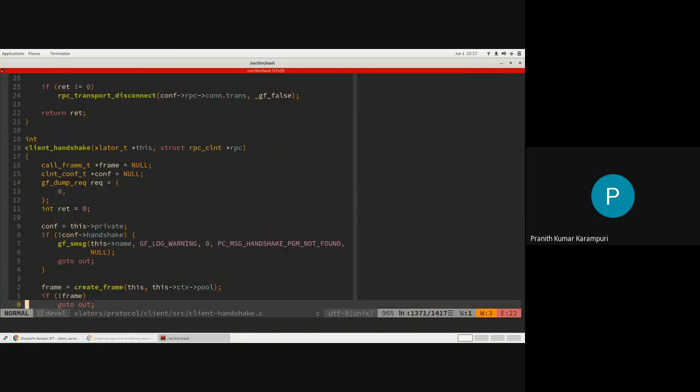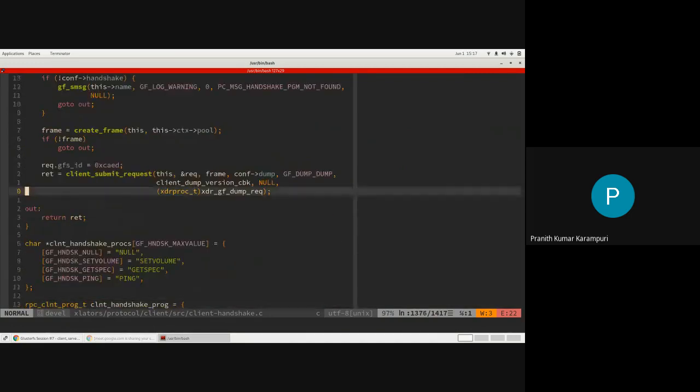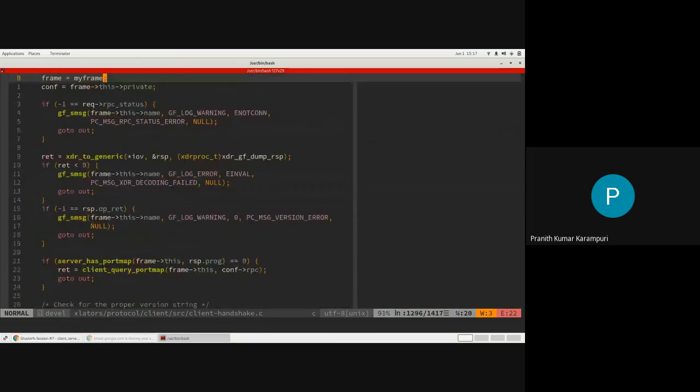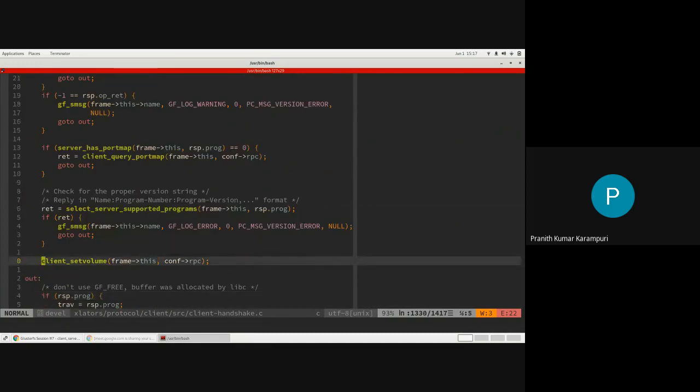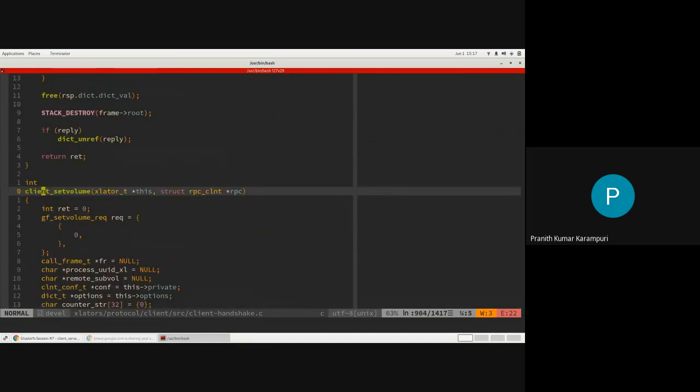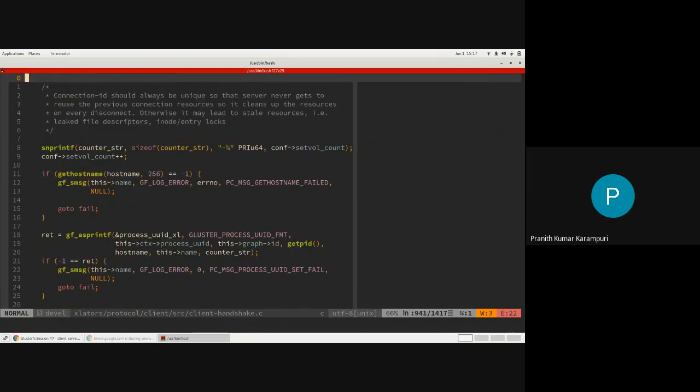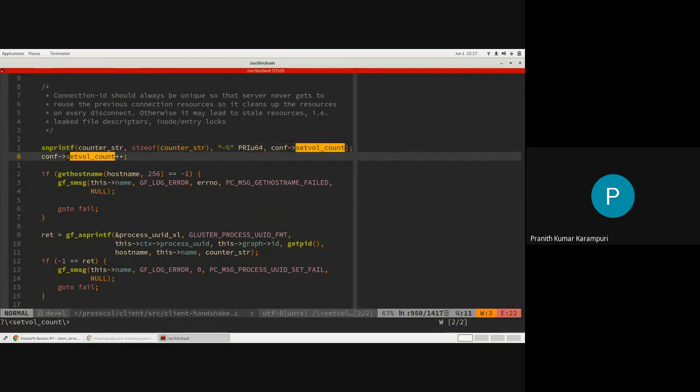So the only change for this is, one second, where is this client query port map? Yeah, in this the client ID will have the set vol count. Every time a set volume is successful, this thing gets incremented.